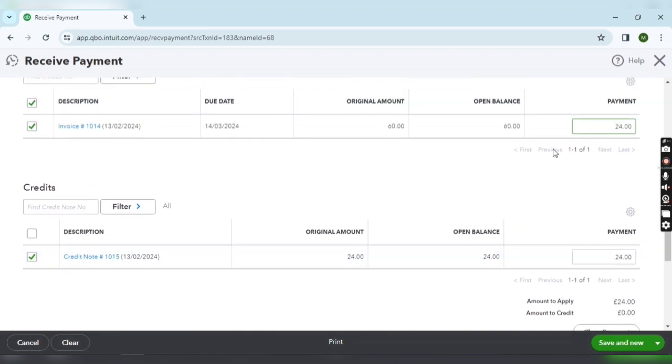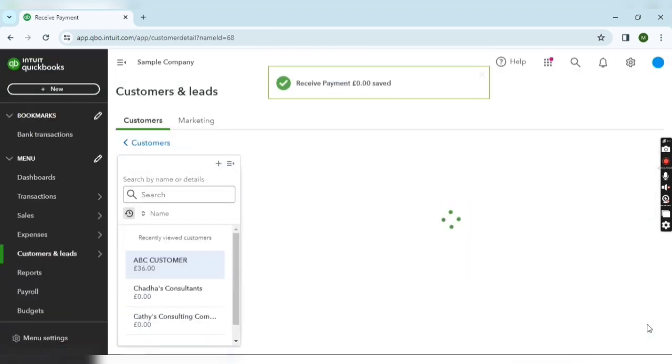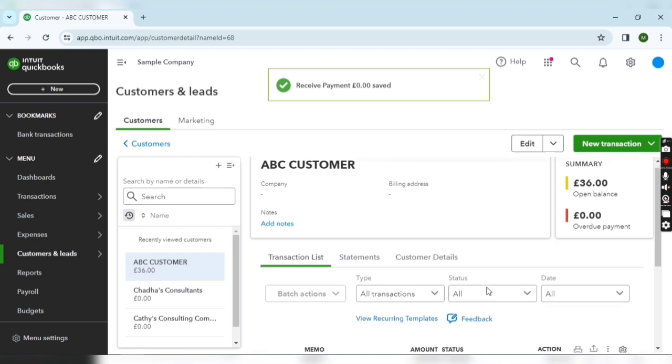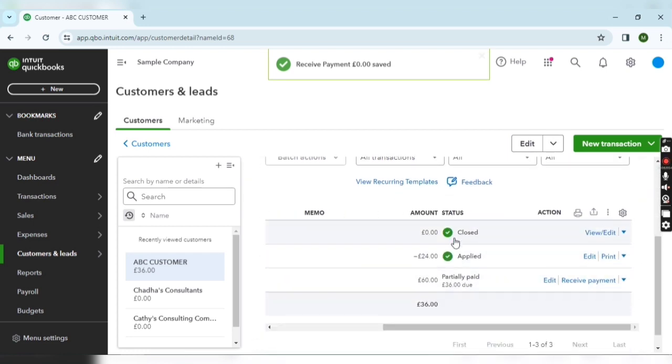Okay, because out of the credit note, 24 has been settled against that particular invoice. So whenever you allocate a credit note in QuickBooks, it will create this kind of transaction. Okay, it's a null transaction, it's for allocation purposes only. So you can identify whether my credit note has been allocated or not on the basis of this transaction. If you want to unallocate the credit note, then you can delete this